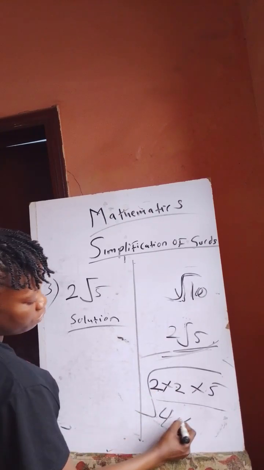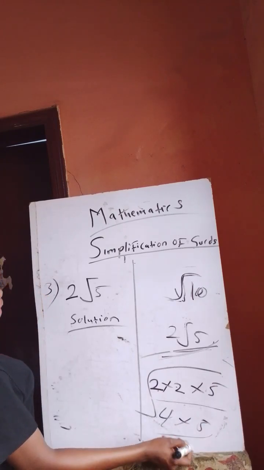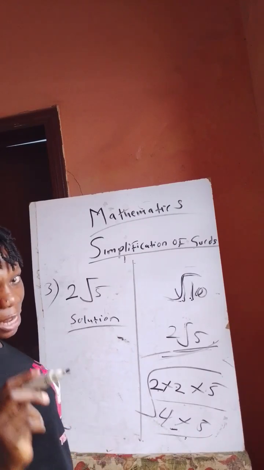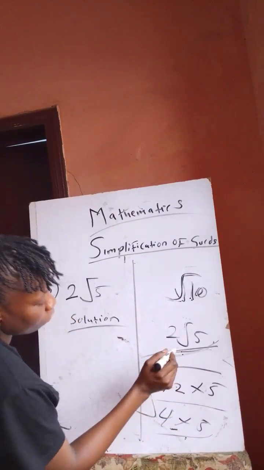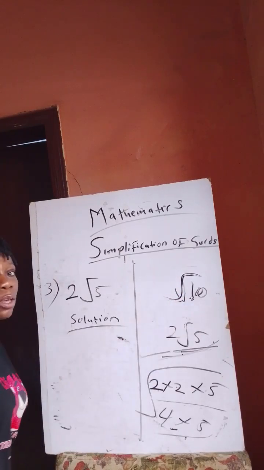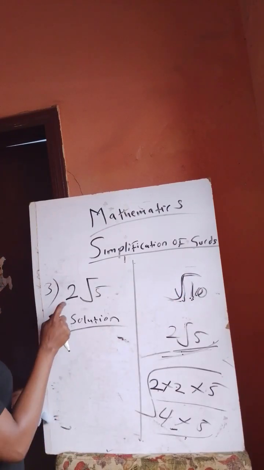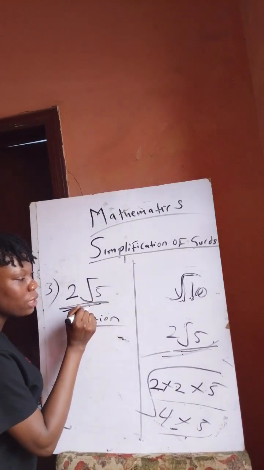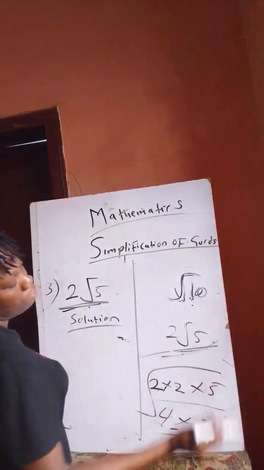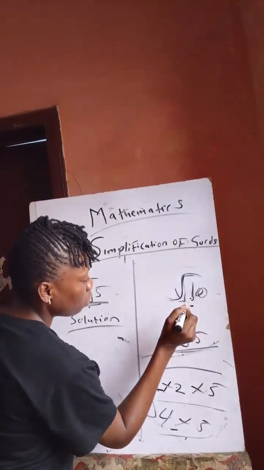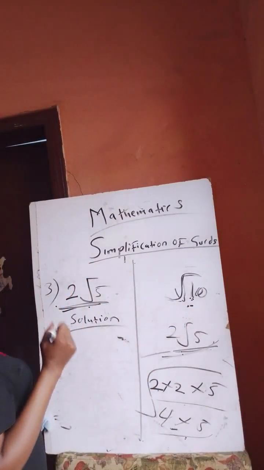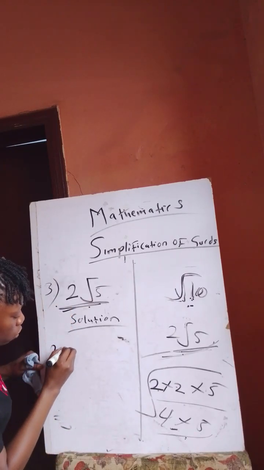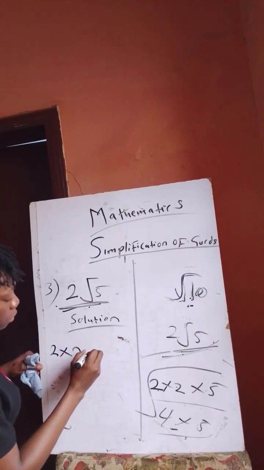for example, if I multiply this now, it's not going to give me this. 2 times 2 is 4, 4 times 5 is 20. That means my answer is different from here, so my answer is not correct. Whatsoever you get must be the same as this. So this one, they want us to take it in this form. If they give you in this form, they want you to take it in this form. So let's dive in. We are going to do 2 times 2 times 5